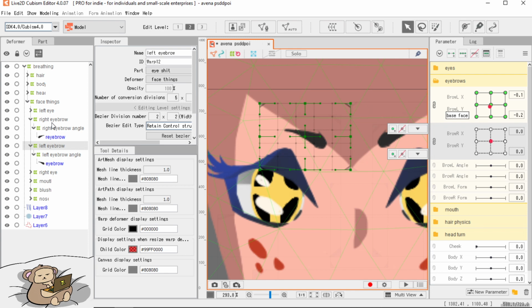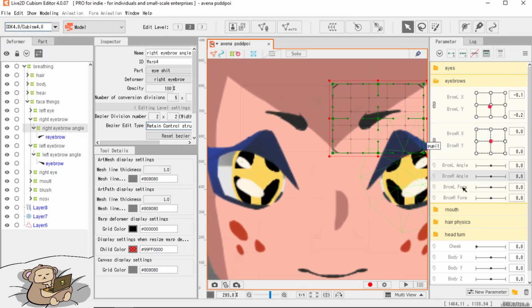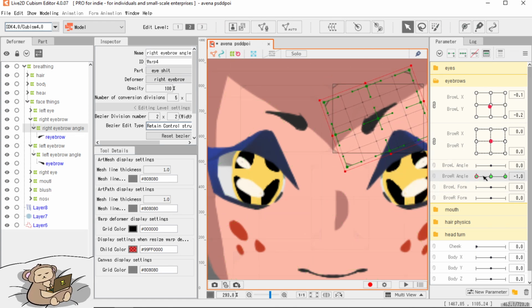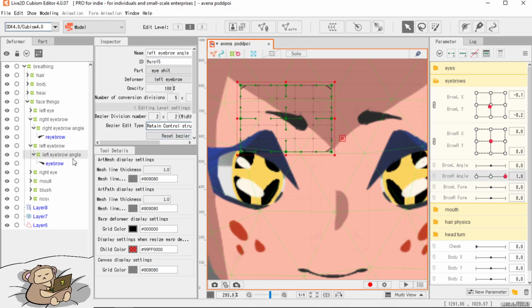Now, next would be the right eyebrow angle, and the left eyebrow angle. Okay, we're gonna do the right one first. Right one, 3 keyforms. The -1 makes the angry one, the angle. The 1 goes to the questioning one. Okay, with the other one, brow L angle, keyforms. Negative goes down,